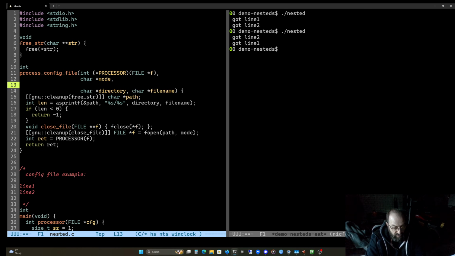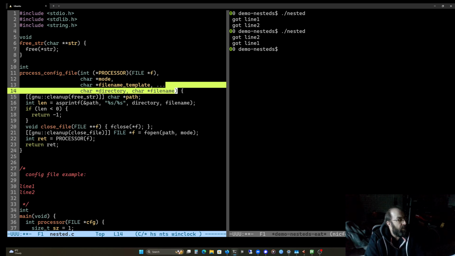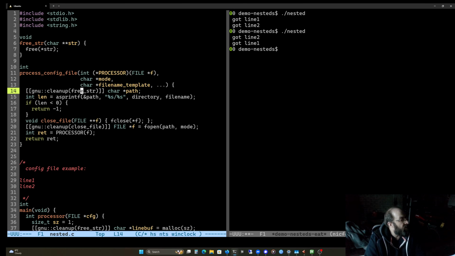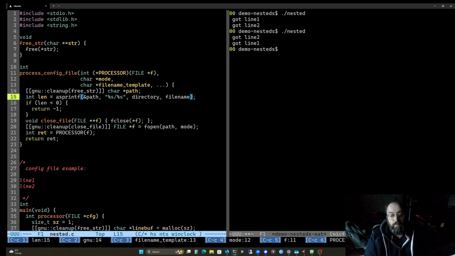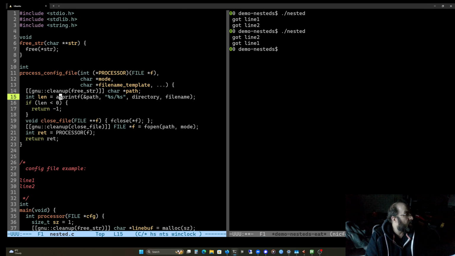Instead of doing this, I have a file name template, and then I have a variable argument list, and the file name template we can pass through to vsprintf, and so yeah, that all works just fine.